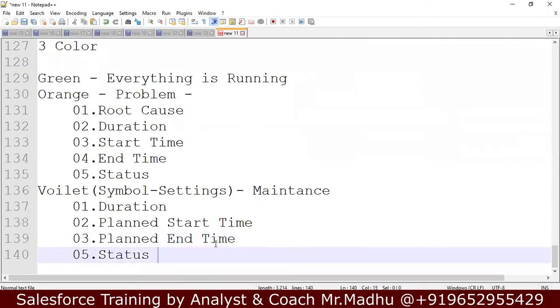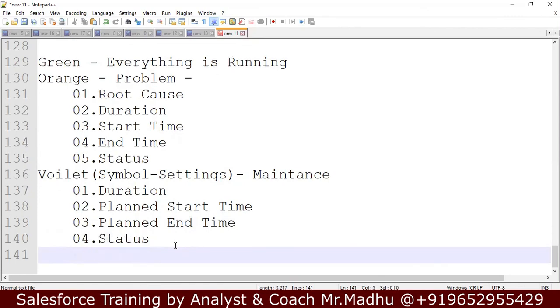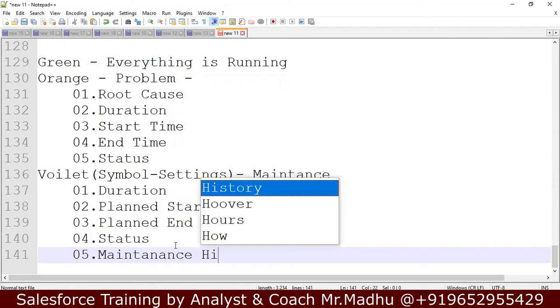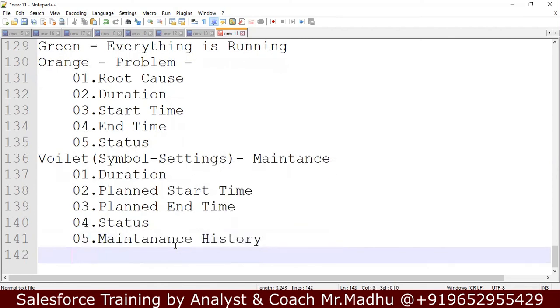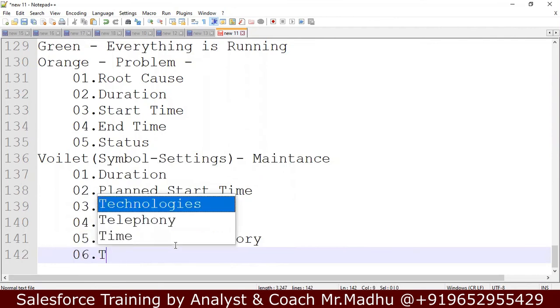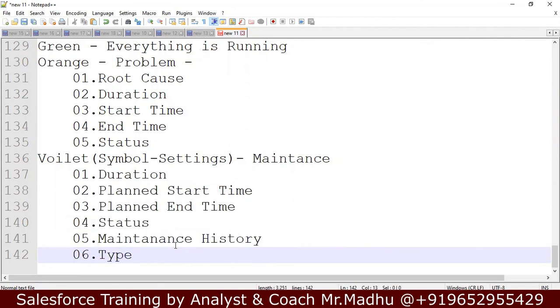Status, you can see. You can see maintenance history as well. And type, whether it is release or something else. We'll see about releases and additions in another session, tomorrow's session mostly.